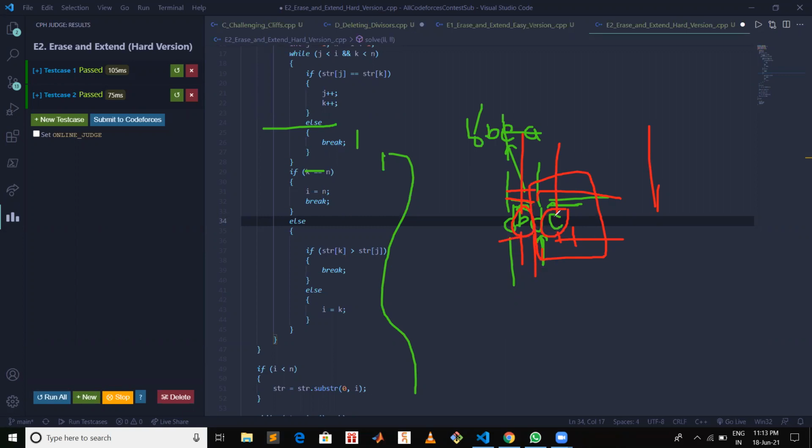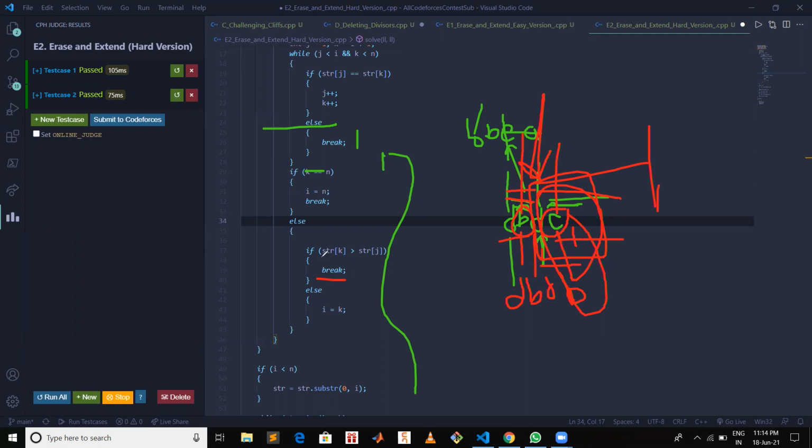Since this b is smaller than this c, after deleting this part, the remaining string will be this. So if we concatenate this part, the character which will come at this position will be smaller than what we already had previously. So in that case we will break, and after breaking, our I will be over here, so we can delete this part.